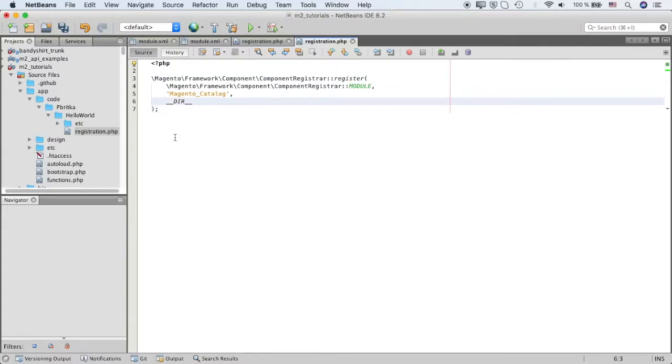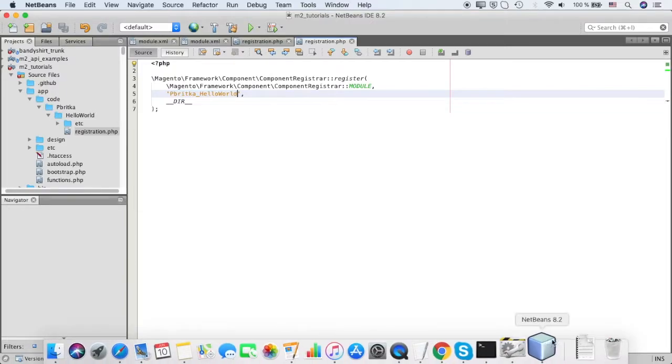The only thing that I need to change here is the name of our module, which will be again pbritka_hello world. With all this in place, our module is defined,